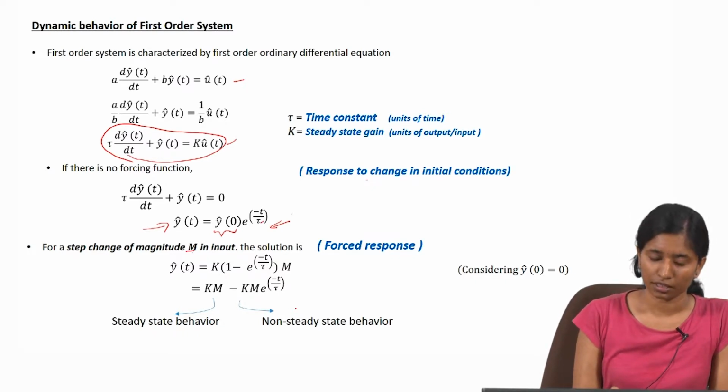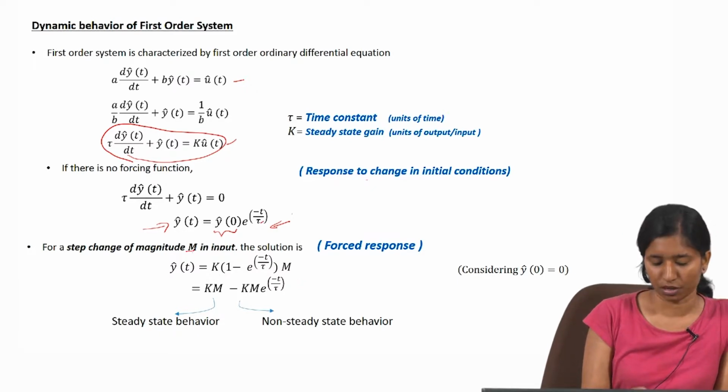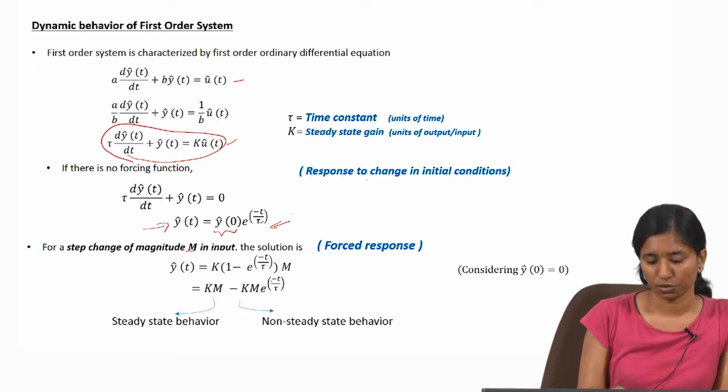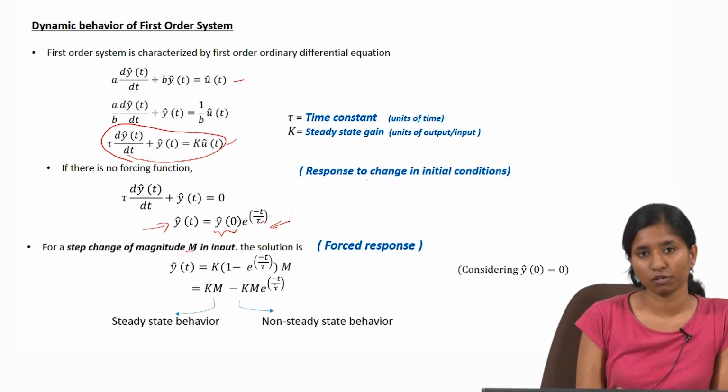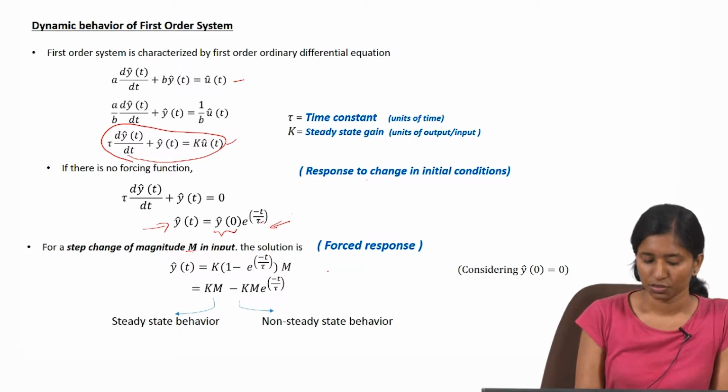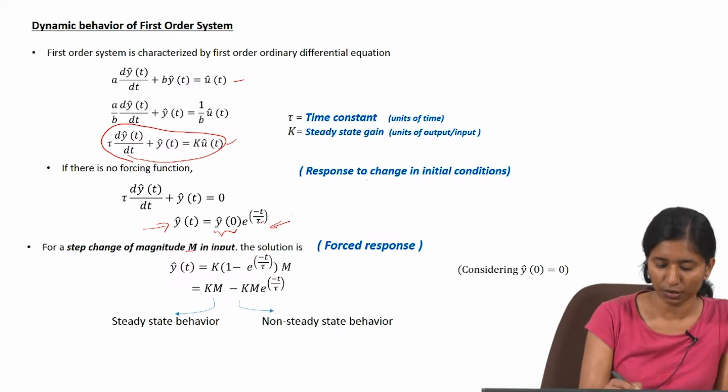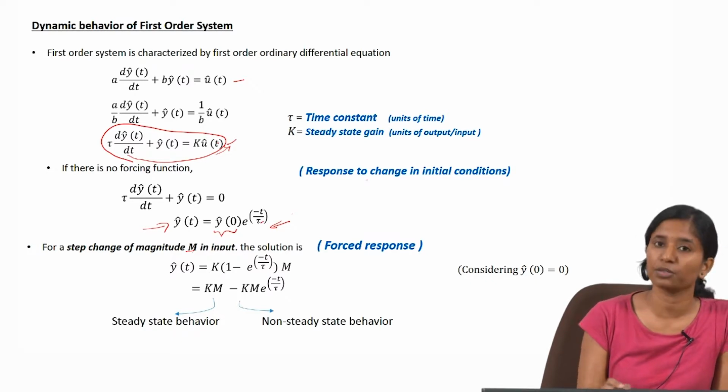So, in this particular case, we will consider the forcing function as a step input, and for a step input of magnitude m, the solution will consist of both the response due to the initial condition, that is the homogeneous solution, as well as the response due to the forcing function. So, the equation will be of this form if there is a forcing function, and when we try to find the solution to this equation,